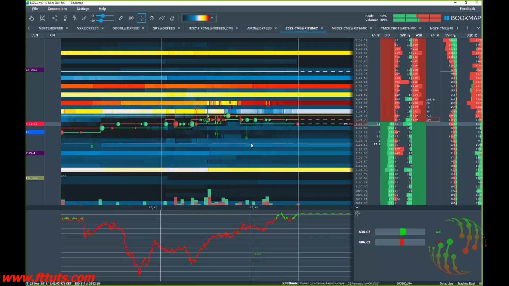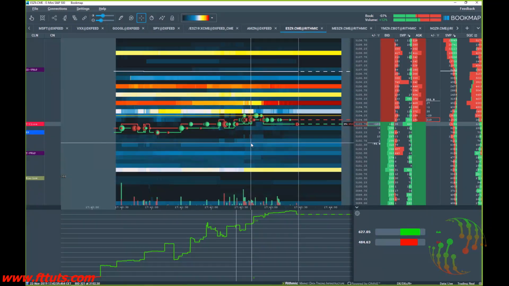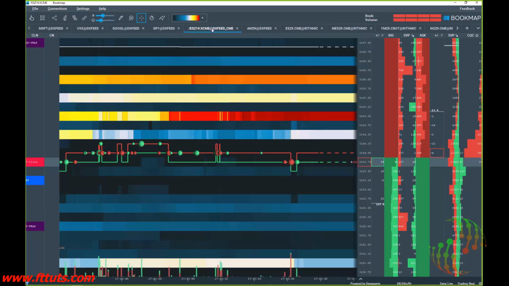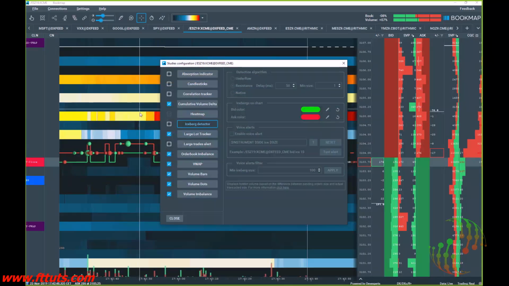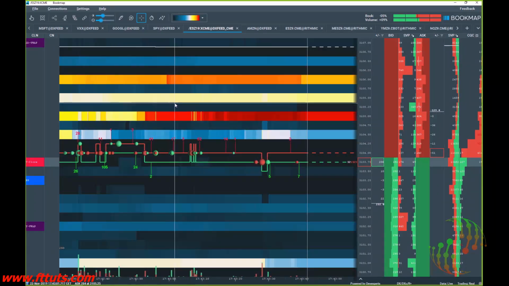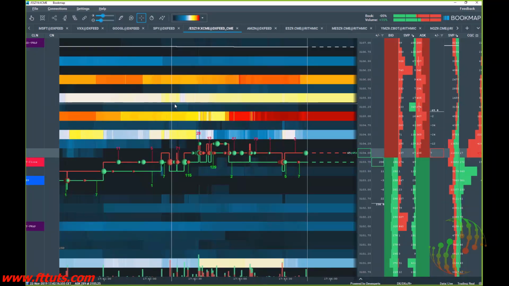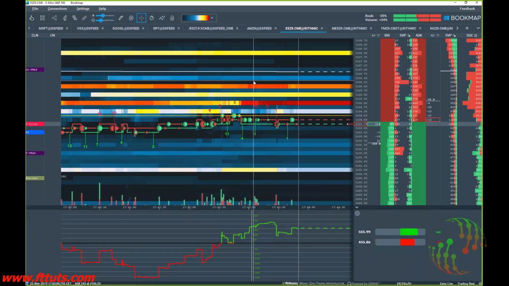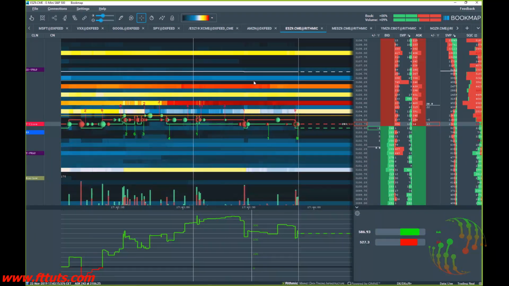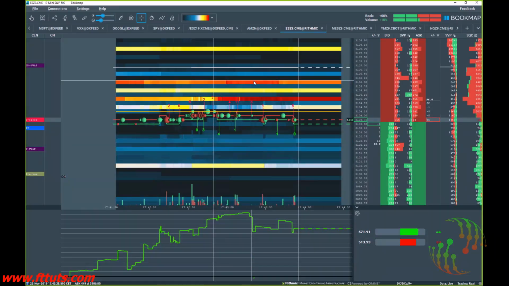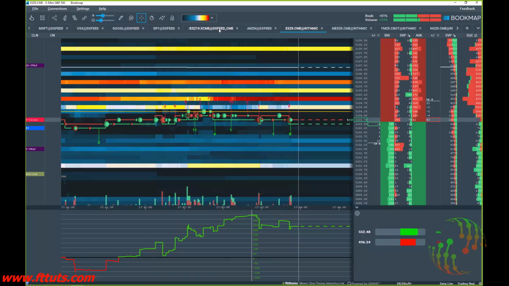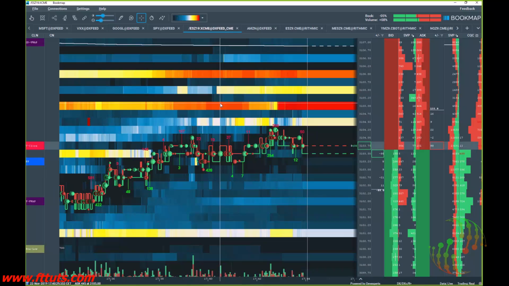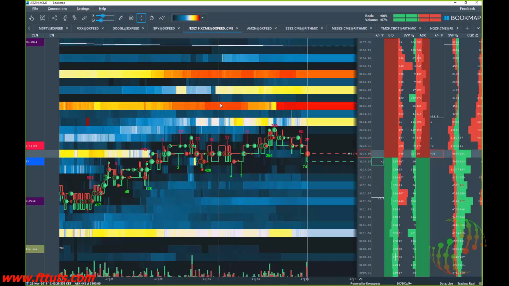We have a function in Bookmap where they are counting the iceberg orders, but it's really different. I'm using Rithmic, and as well I'm using the DX feed, and the numbers are different. If you compare Rithmic and the DX feed, they are a little bit different here. So I'm not really sure what numbers I should use and what to rely on. It would be a great indicator, but anyway, I'm trying to show you the practical application of Bookmap